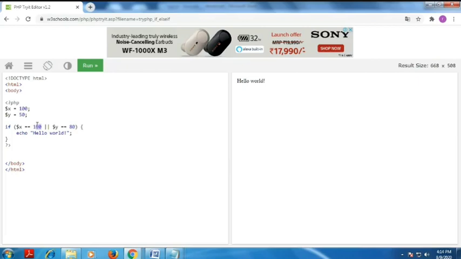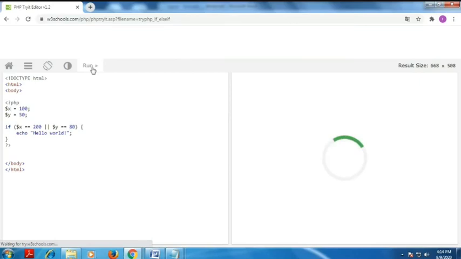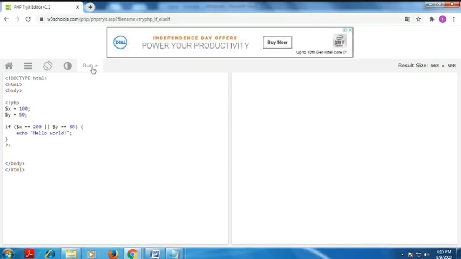One more, we have to change the value. Actually, the x value is here 100. I have to put this x value as 200, and the y value is given. It checks whether this is correct or not. We didn't get the result. What is the meaning of this? Both conditions are false, so the result is false. Okay, this is the meaning of logical operators.